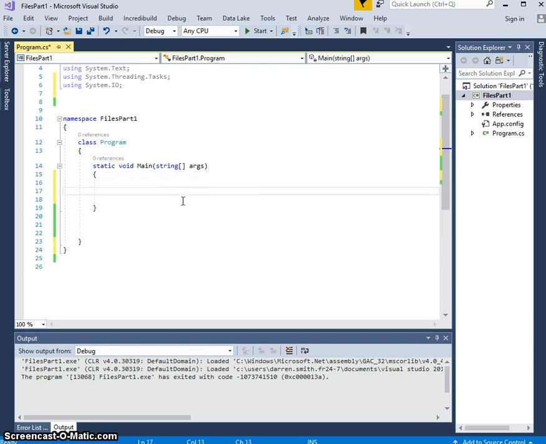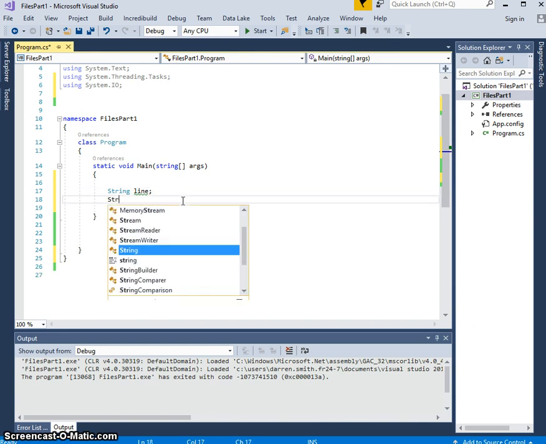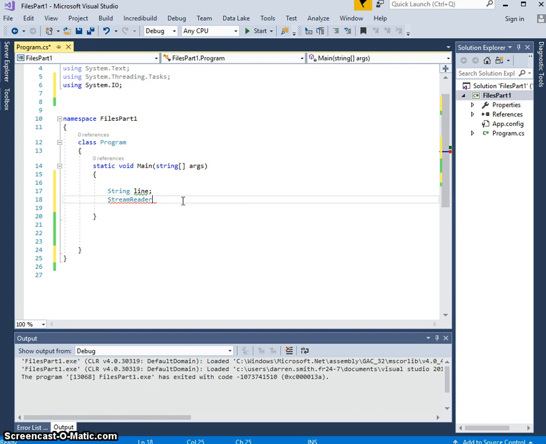And we're going to have a string variable. We're going to call this line. This is what's going to store the line from my text file into it. I'm going to make use of a stream reader, and this is what's available after importing this library System.IO. I'm going to call this my file load